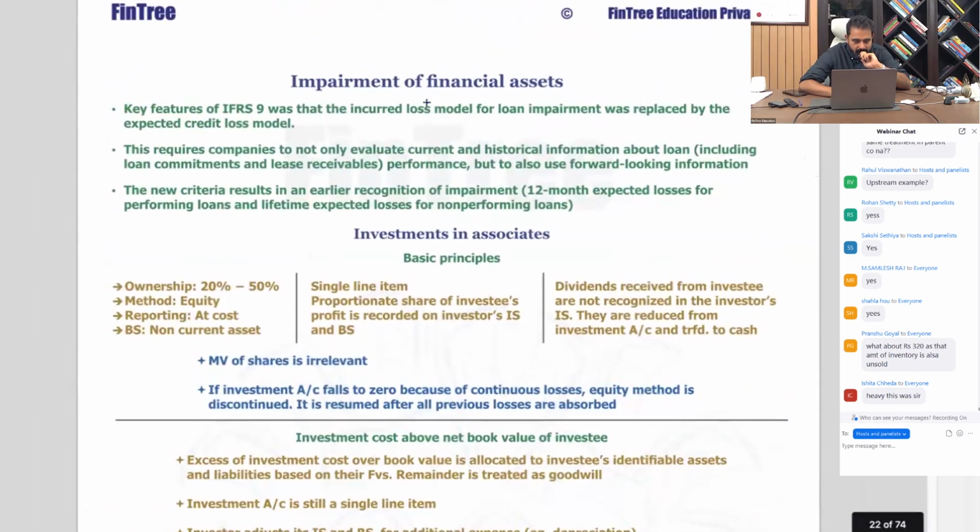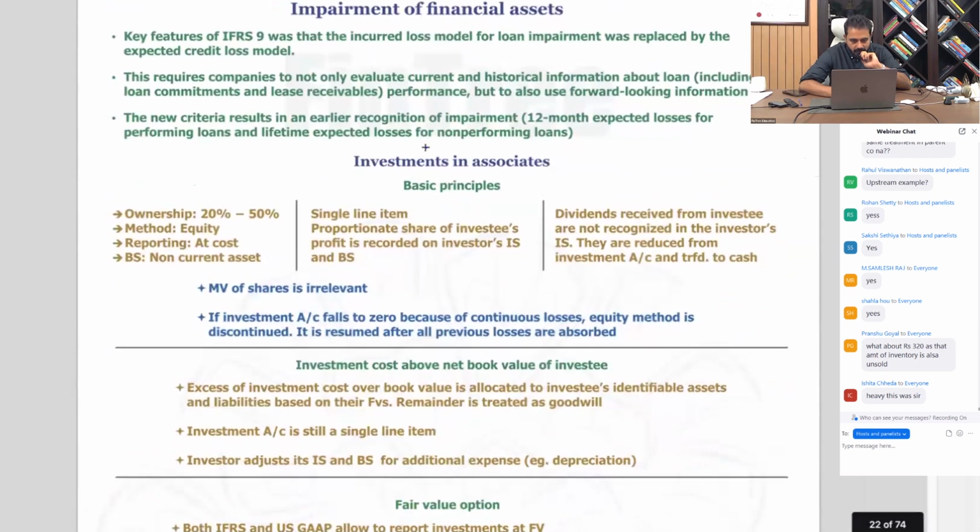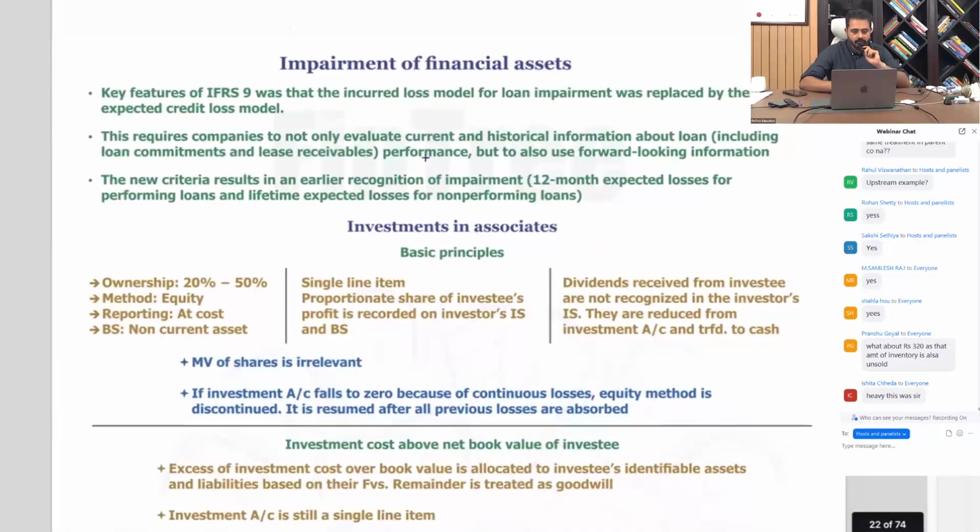So I'm moving on. Impairment, you can look this up. The most important part is now we've moved to an ECL model. Okay, look out for a theory question. This can really blow you away on the exam if you haven't read through this section. Now, let me explain what this means. And when this came, it was a big thing in accounting, right? There was a lot of debate in the market on ECL is coming. Earlier, the model was an incurred loss model. What does it mean? So imagine,